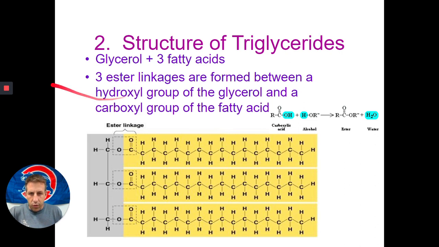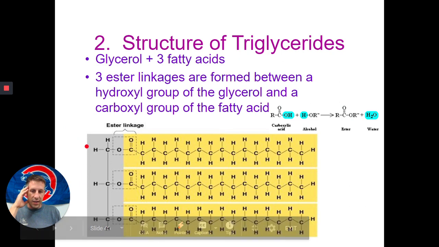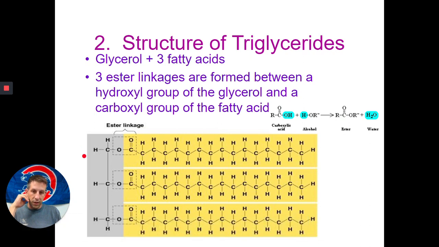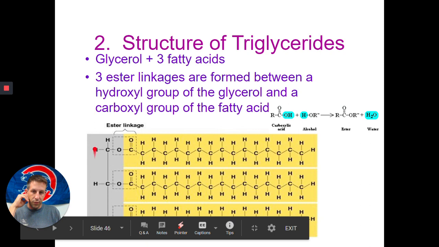So I like this picture here, and I've included it because it shows the glycerol molecule highlighted in purple. Okay, there it is, glycerol molecule highlighted in purple right here. And then it shows our fatty acid tails highlighted in yellow out here. Okay, let's just disregard this thing that pops up. But anyway, the glycerol molecule, this purple thing with the 3 carbons, and then it shows an O here,